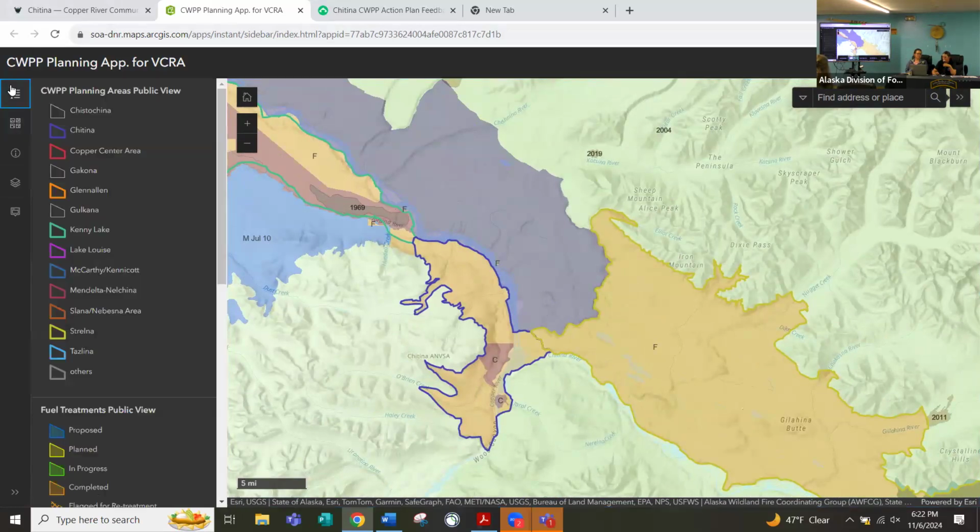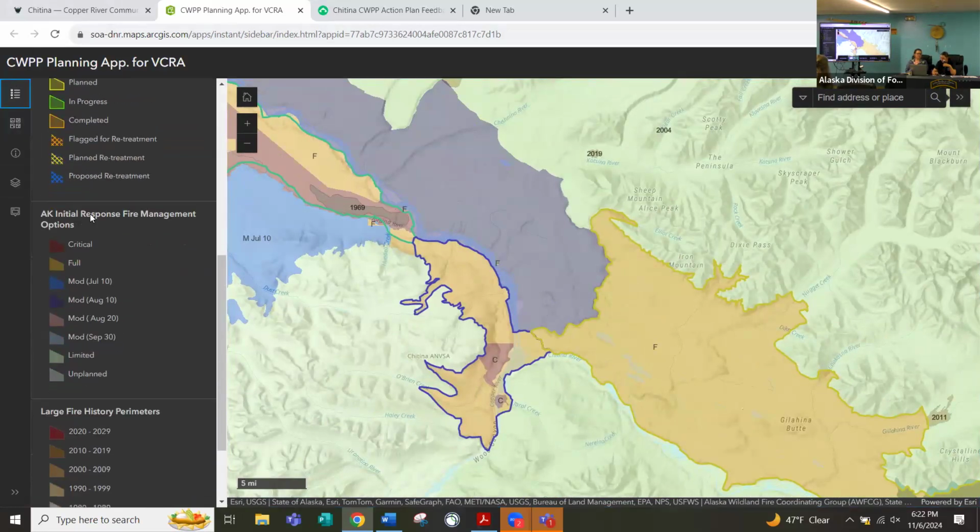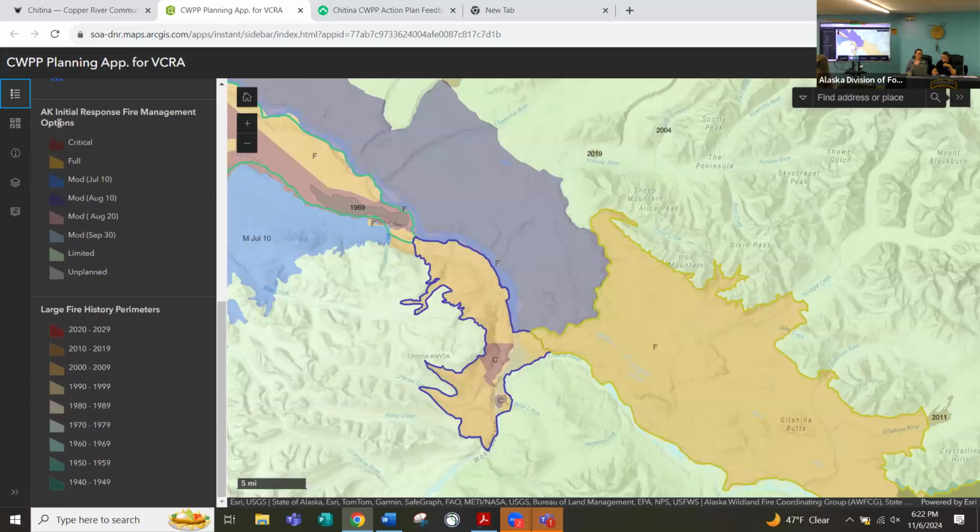I'm clicking back over to the key and scrolling down a little bit so you can see this dark red color is what is a critical fire response management area, which means anything that's in critical is going to receive the highest priority of resources and protection, followed closely behind by what is in a full management option.